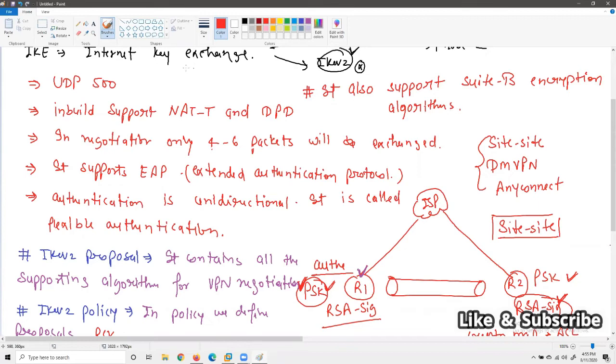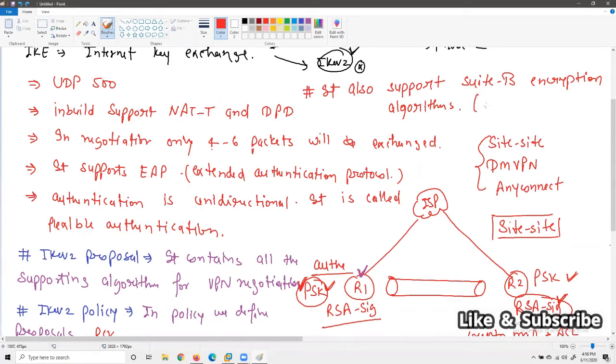In Suite A, we use AES, 3DES, DES, we use Diffie-Hellman, DH, we use SHA, and we use MD5 as well. So these are all Suite A algorithms. If I talk about Suite B encryption and hashing algorithms, they are different.